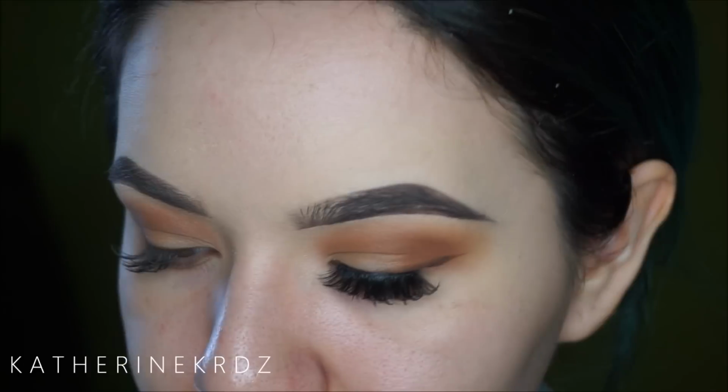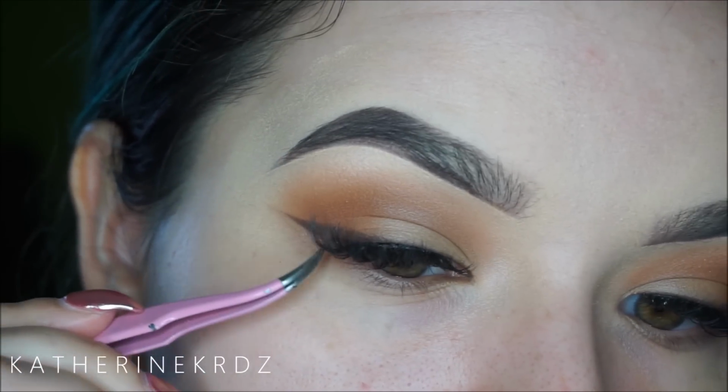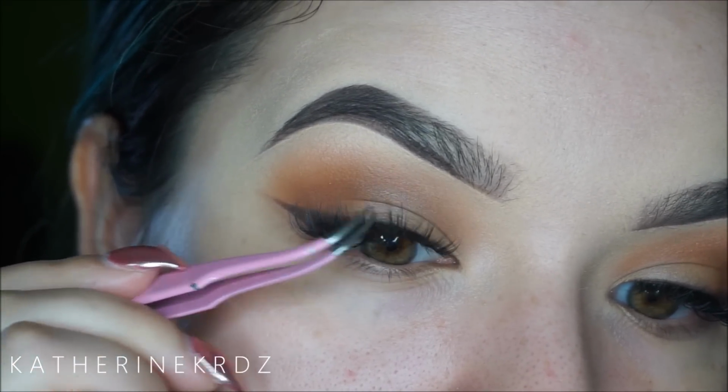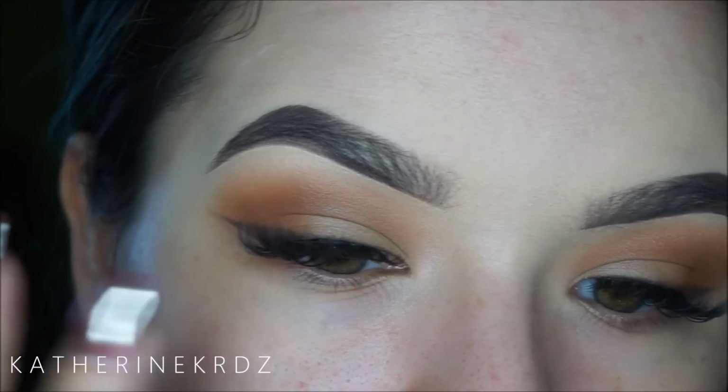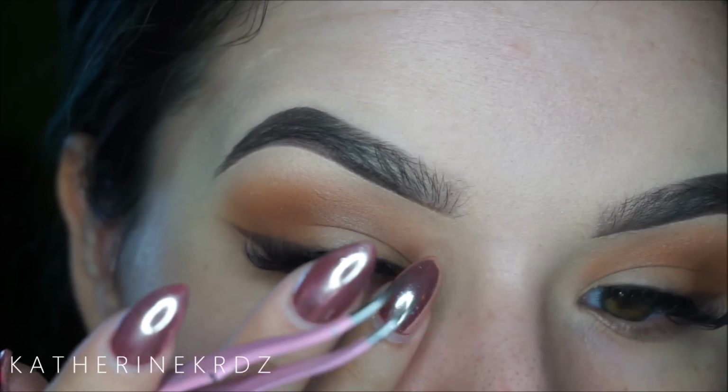I do have eyelash extensions on, but I had to reschedule my refill, so they are looking really sparse. So I am applying some false lashes. I'm using Dodo lashes, and the style is D105. Moving on to the face, I am taking my Maybelline Master Prime, the Blur and Illuminate one that I